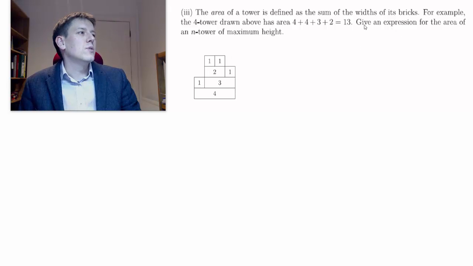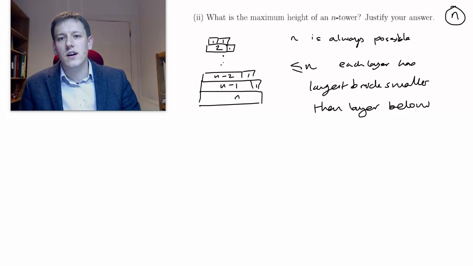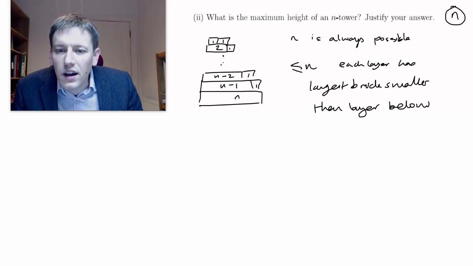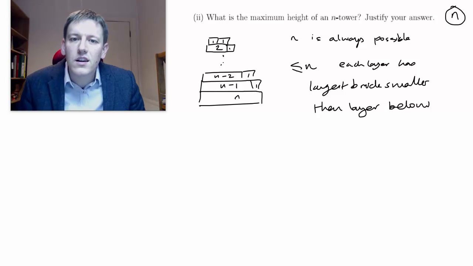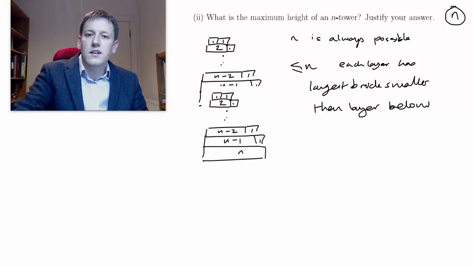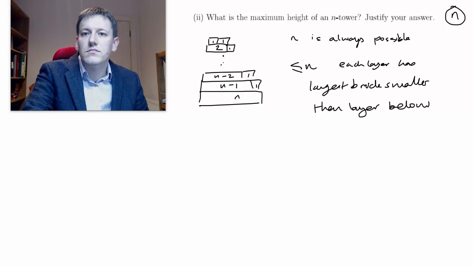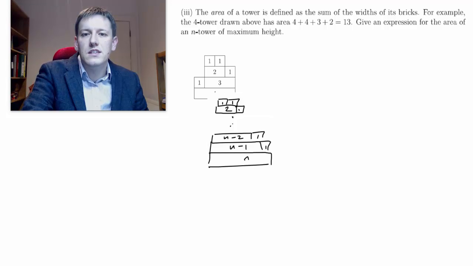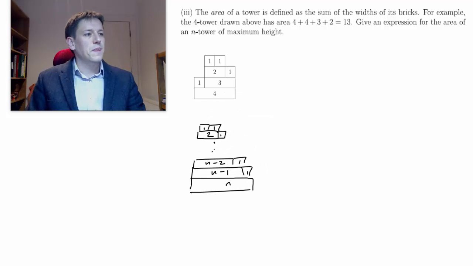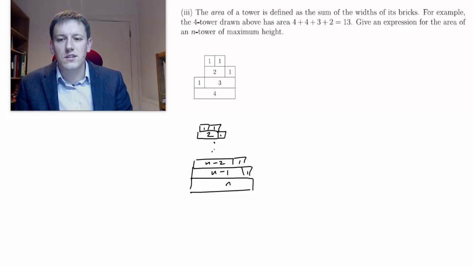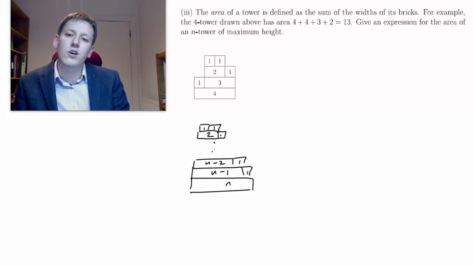Okay, so give an expression for the area of an n tower of maximum height. Actually, if I just take that picture that I've drawn there, let's copy that into this page. So you can see from this structure that the area, and there are different ways you can add this up,